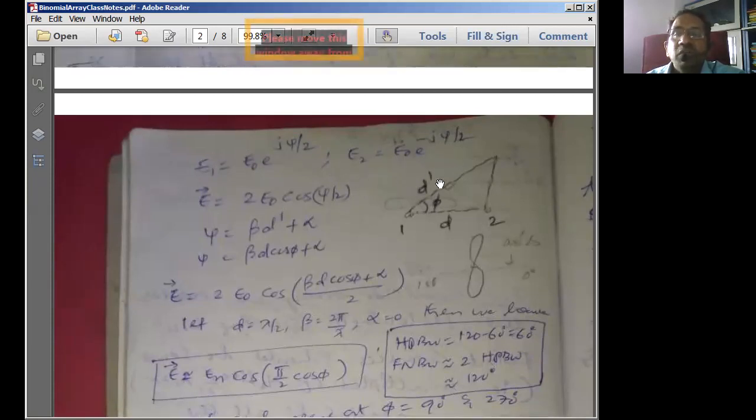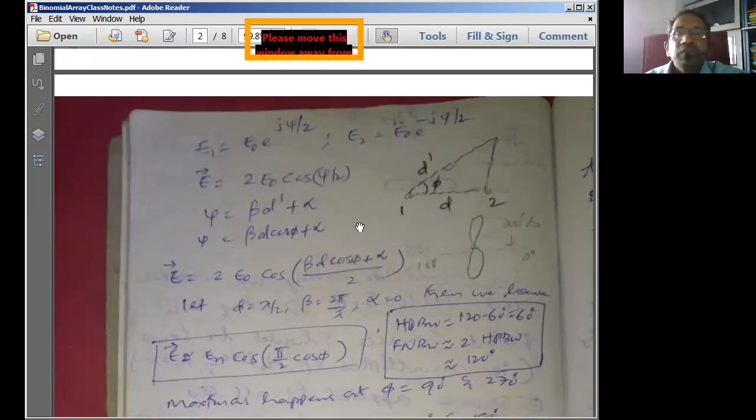So therefore that we normally incorporate in this particular thing. If it is going to be opposite in phase, the amplitude is going to be simply minus amplitude. So therefore the electric field, what we can write from the previous knowledge, E is equal to 2 E naught cos xi by 2. Okay, so this is the governing equation.